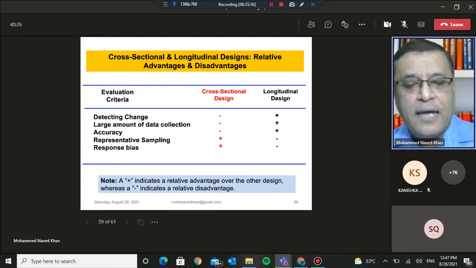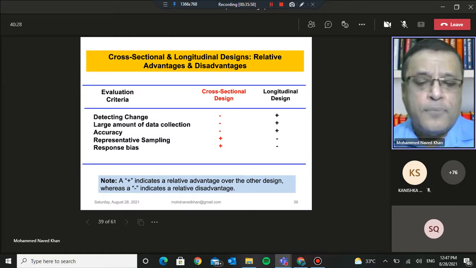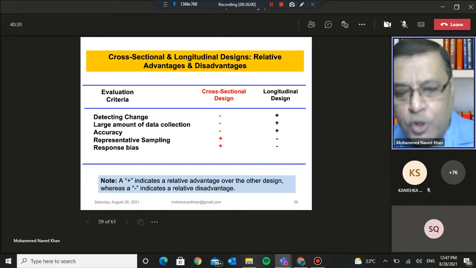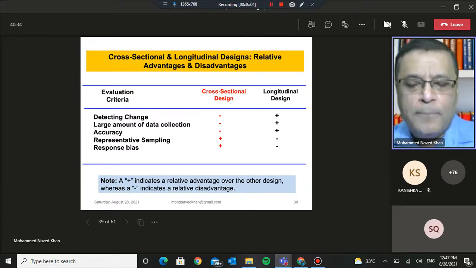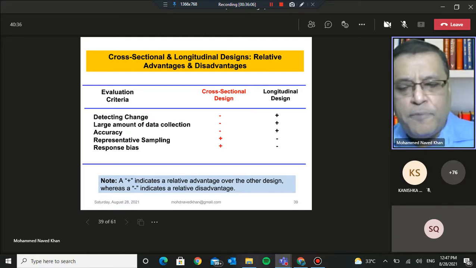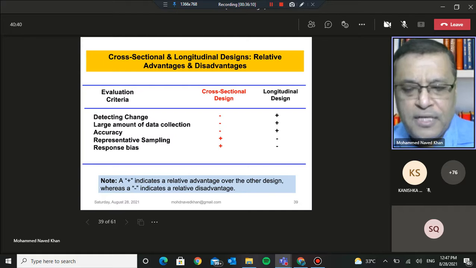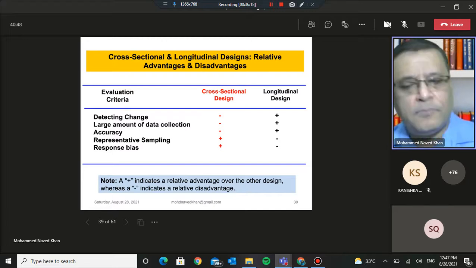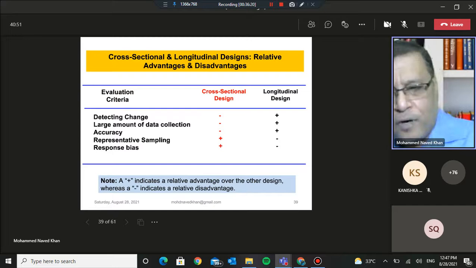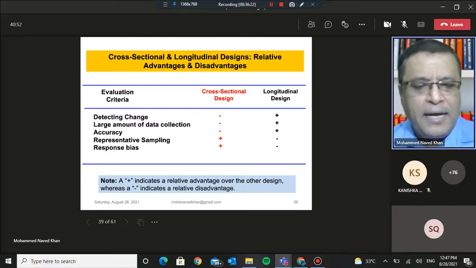Whereas in case of cross-sectional designs, suppose I am administering a questionnaire today on you, and suppose I am trying to probe something related to your vehicle purchase. Maybe some of you may have purchased it 5 years back, some 1 year back, some, for example, 2 months back. Or for example, I'm trying to research something about smartphones. Some of you may have purchased 1 year back, some 6 months back, some a week back. So at times more reliance may be there on memory.